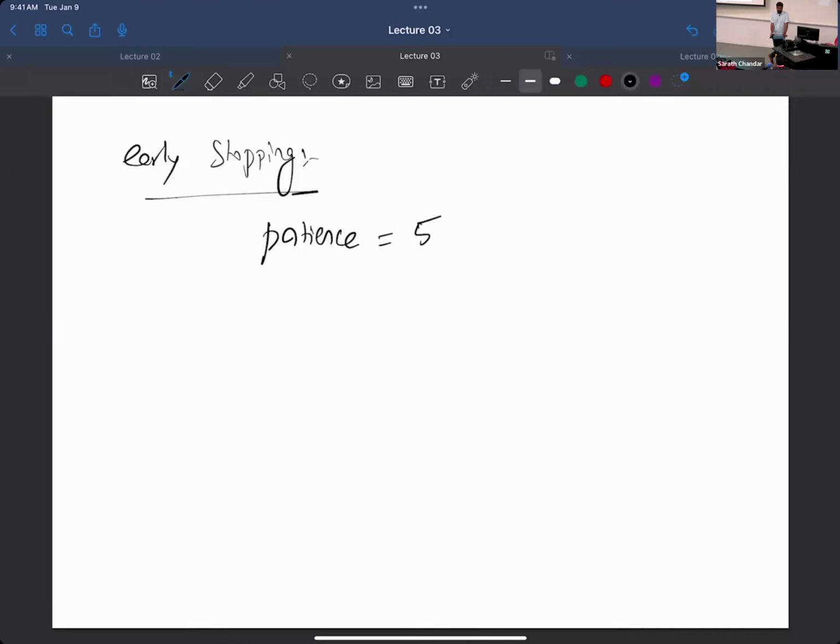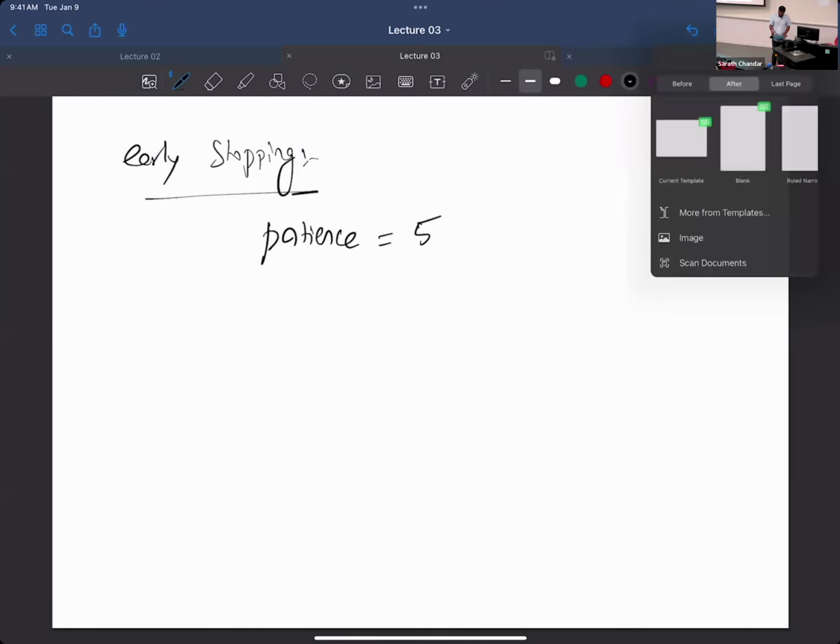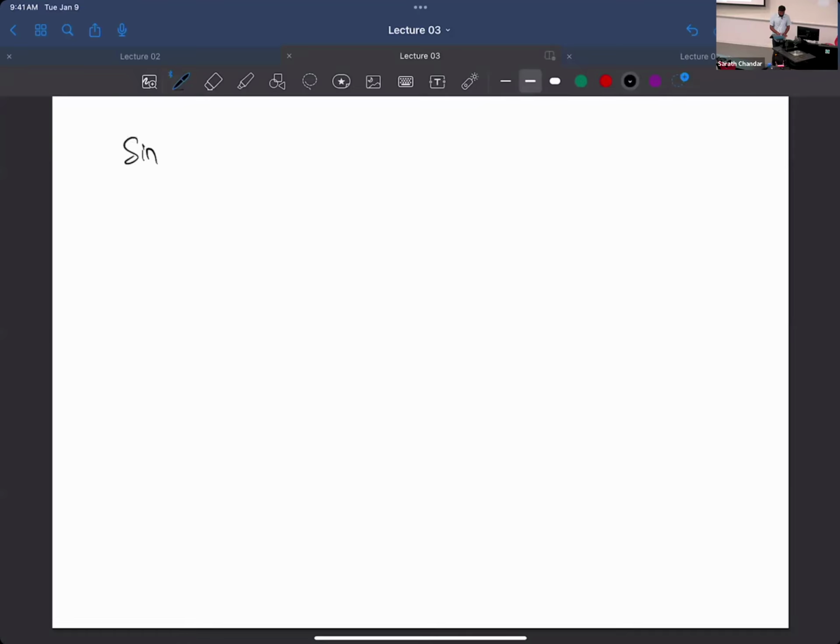Okay, so now there is another surprising benefit of doing gradient descent. Okay, so to explain that benefit, I want to go back to the sine curve example. If you remember from the previous lecture, we had a sine curve regression problem, right? So I took some data points from a sine curve, and I was trying to fit a line, right? Then we went to do polynomial regression. So with polynomial regression, we found that when you have 10 data points and you're doing a polynomial of degree 10, it was overfitting,